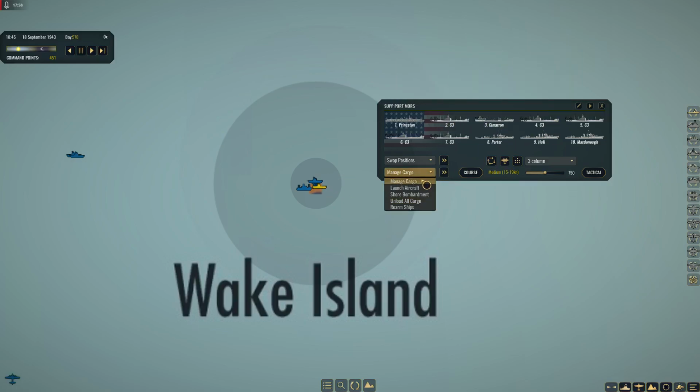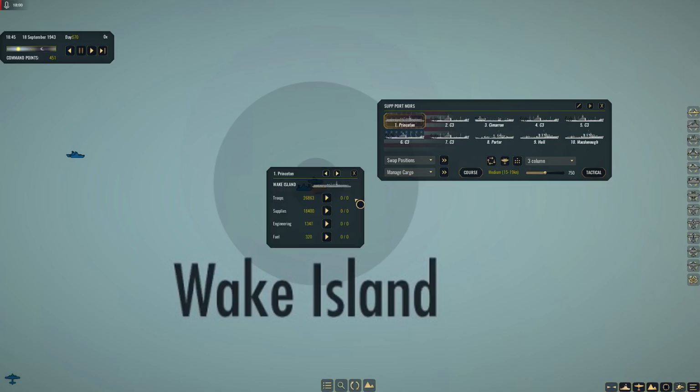Let's manage some cargo and take off some stuff. We're just gonna do an even run here. That's all we're gonna do because Port Moresby is fine. We just need to keep them ready. So we're gonna go engineering, fuel, and then troopies, supplies,